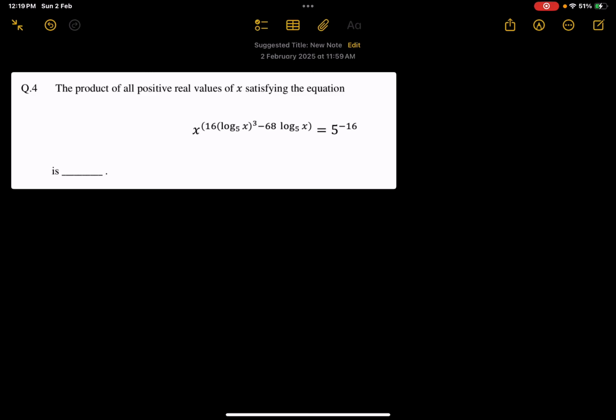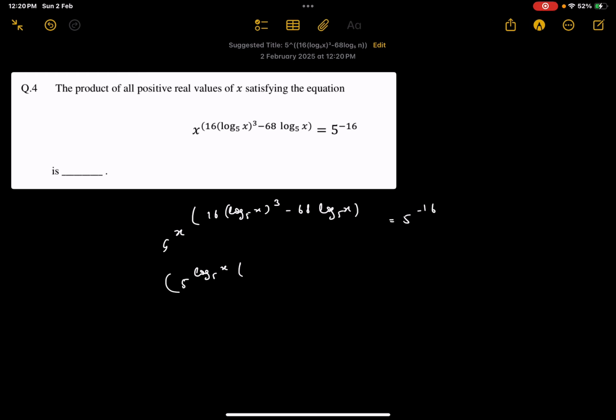We'll start by we have x to the power... so we'll write x as 5 to the power log base 5 x. So this whole thing to the power this, so these powers will be multiplied, so we'll get this into 16